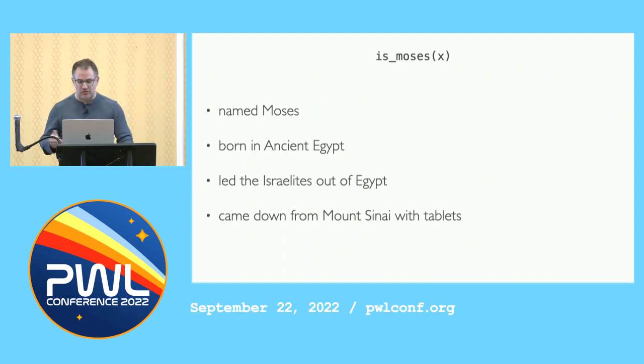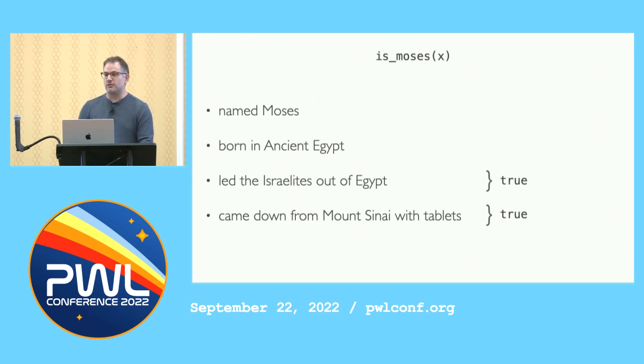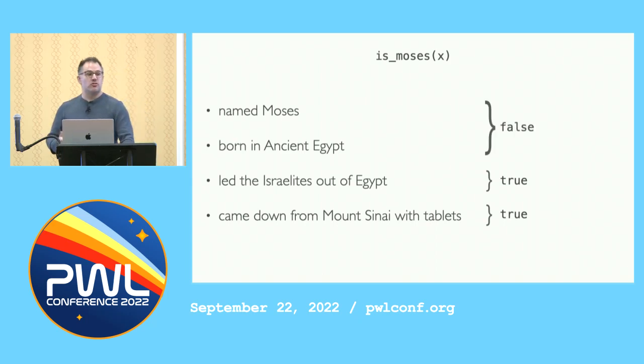He's a pretty major figure in the Old Testament. What Wittgenstein pointed out is that we can go and we can probably throw a lot of these overboard and still reasonably refer to this historical figure as Moses. In fact, either of these things being true, right? Either leading the Israelites out of Egypt or coming down with the 10 Commandments, right? That probably makes someone a Moses, right? In fact, there might be multiple historical Moseses, depending on how specific we really want to get about it. But it's not just that anything qualifies. In fact, someone who just was named Moses, lived in ancient Egypt, and did nothing else of note is not a Moses, right? Not our Moses.